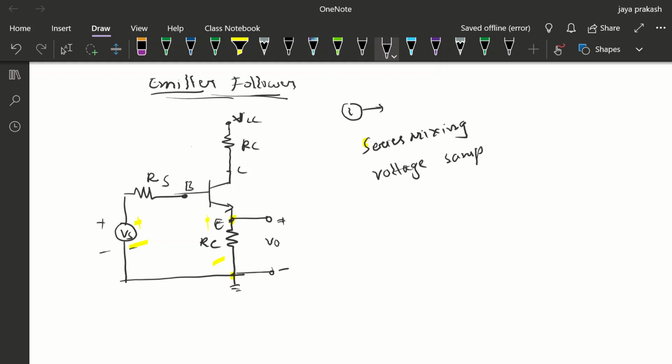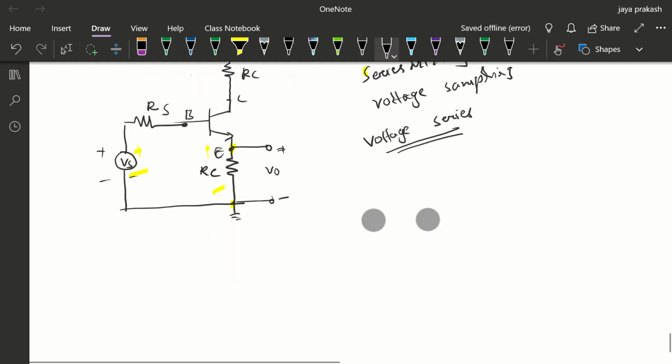Okay, so it is voltage sampling and series mixing. The kind of feedback topology is voltage series feedback topology. So the first step we found, it is voltage series feedback topology, and in the second step, we have to draw